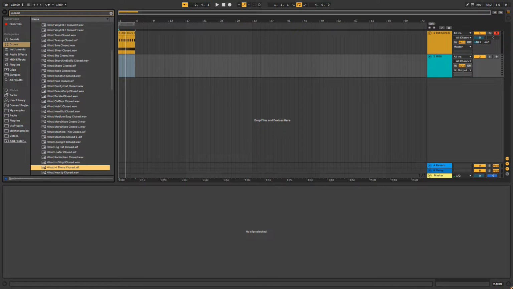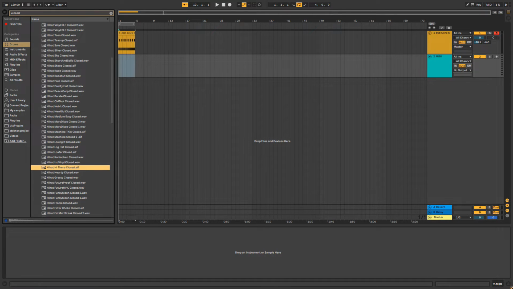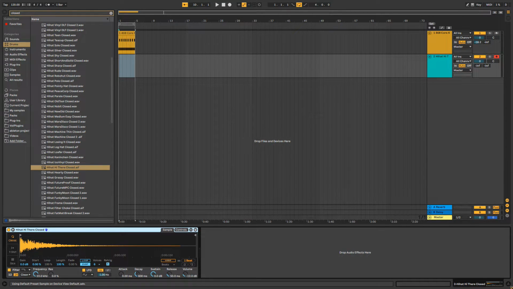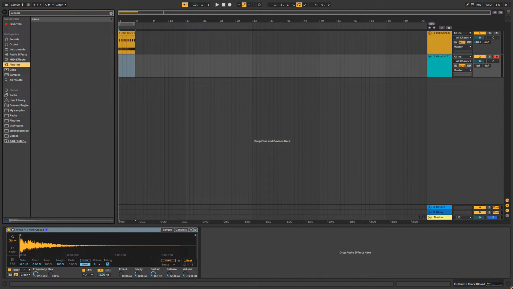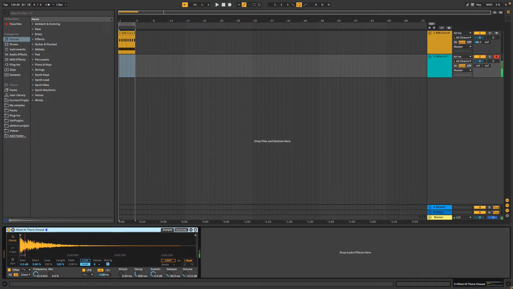I quite like this one here, so I'm just going to drag that down here so then it becomes a MIDI track so we can use it as a Simpler. Because when you drag an audio file into a MIDI track, it would just automatically turn the track into an audio track. But we want to use a sampler, and the actual plugin is called Simpler. And that allows us to play that hi-hat